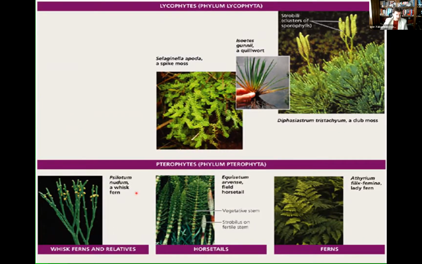This particular creature right there, the whisk fern, is extremely interesting. As you can see, it looks like just stems, dichotomous, breaking apart by twos, kind of doubling. And then on top, they have yellow structures. No leaves, nothing. As far as we understand, it resembles one of the very first plants, and we talked about that last time, known as Cooksonia. We think that the first terrestrial plants looked very similar to that. That one already has a vascular system, so it's very advanced compared to Cooksonia.